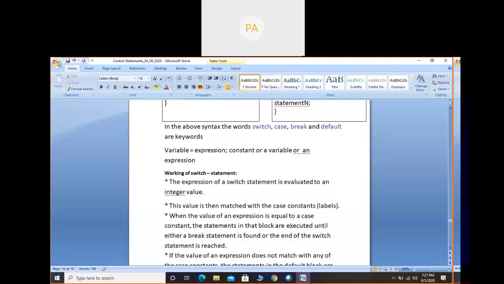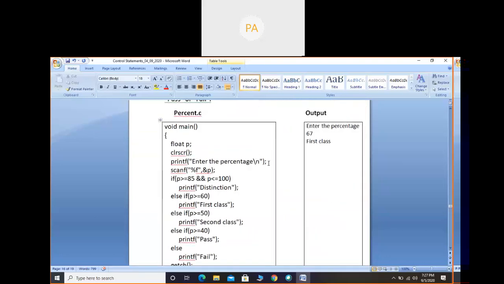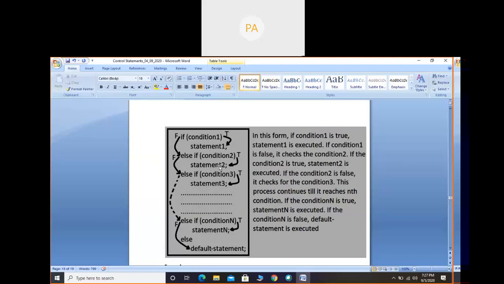Just compare it with the else if ladder. Wherever the condition becomes true, the statements belonging to that condition will be executed, right? Similarly, comparing the switch statement with the else if ladder will make it easy for us to understand. In an else if ladder, there are multiple conditions. In a switch statement, there are multiple case constants.